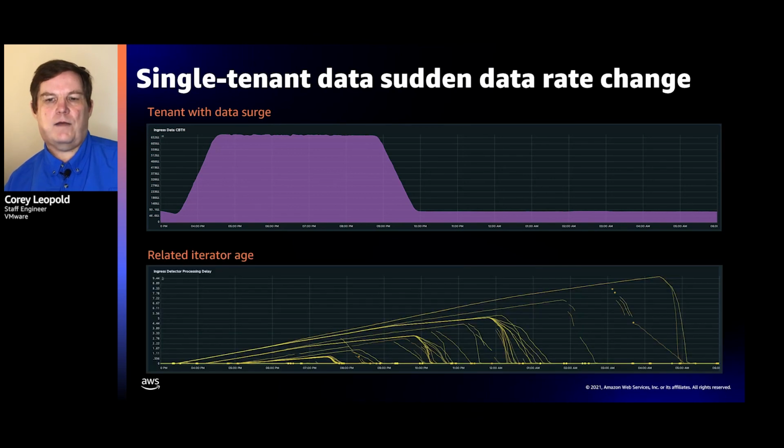On the bottom graph, we can see the effect of that. This is per shard iterator age, and we can just see a few shards belonging to a single tenant of the thousands in the system getting behind. Eventually, you can see these skips in the lines where it will add more shards and the shard ID changed, causing a new metric series to start. When we get enough capacity, the shards start to run back to the bottom, catching up.